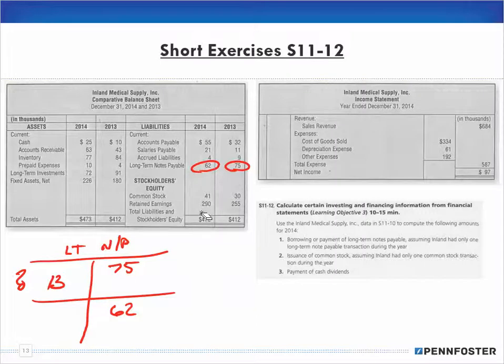Pause the video here if you have to, and go ahead and copy that down because I'm going to erase this. Okay, now